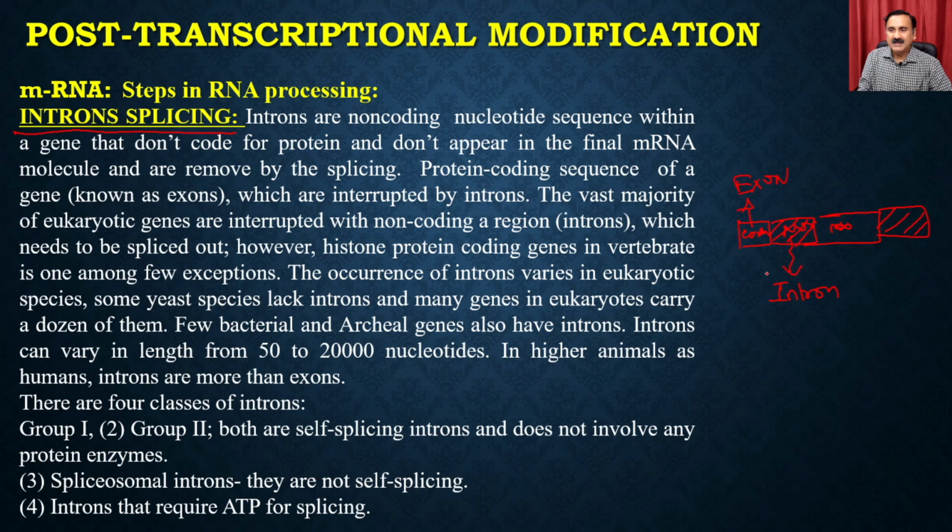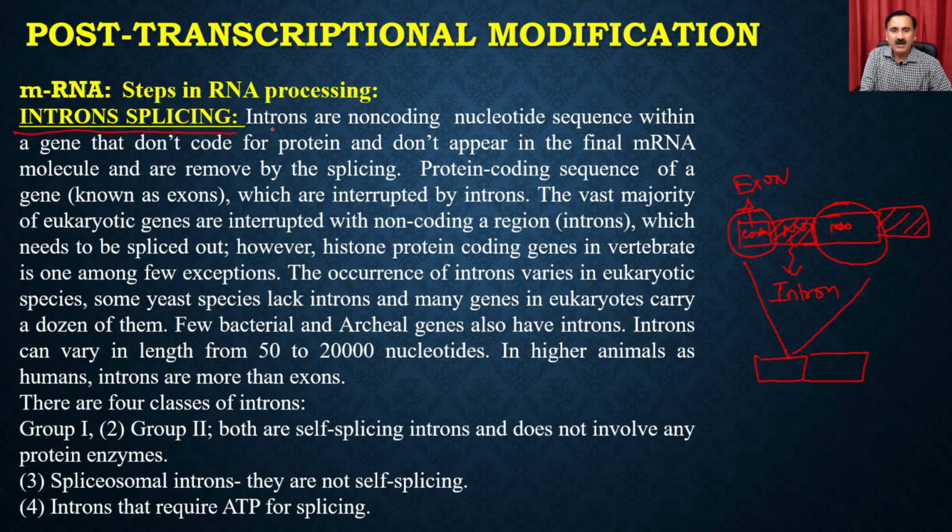And when you want to do messenger RNA synthesis, all these coding sequences have to come together. If this is the gene, I will synthesize the messenger RNA from the gene, right? But from the gene, you're going to have the coding regions and the non-coding regions. These non-coding regions, which are called introns, have to be removed, and this step is called intron